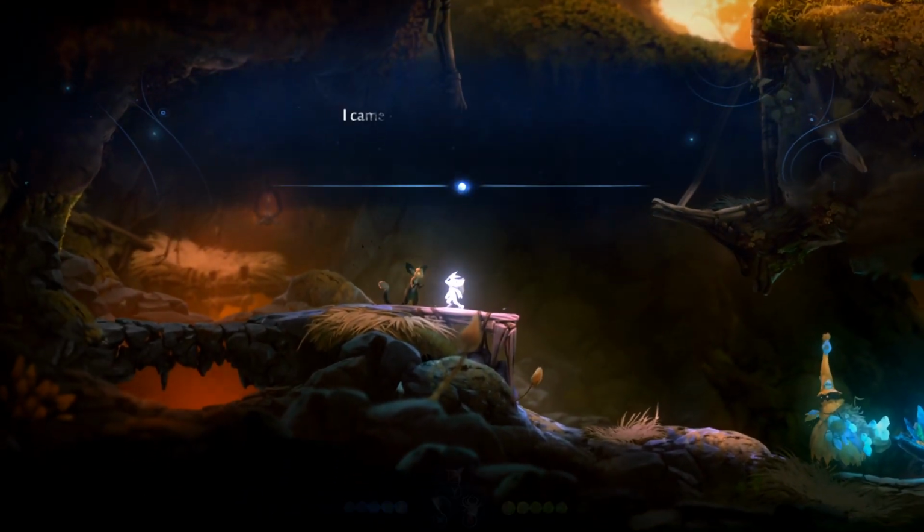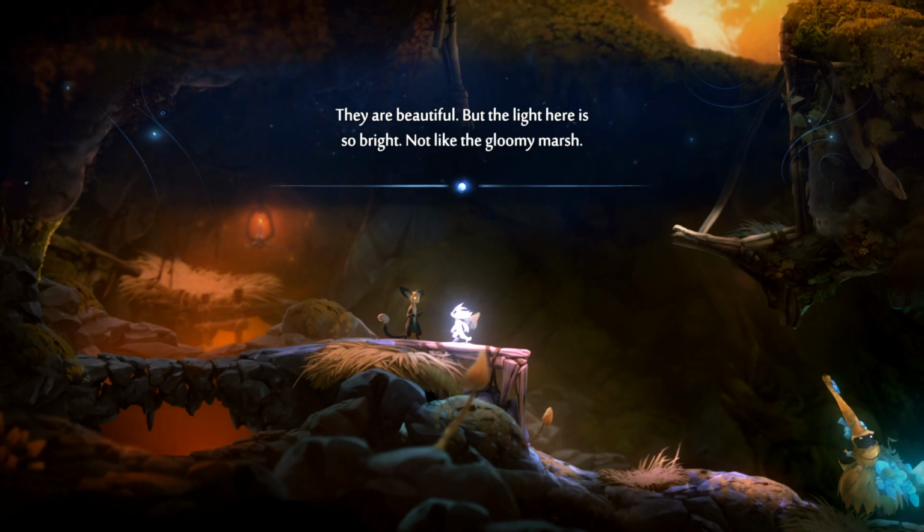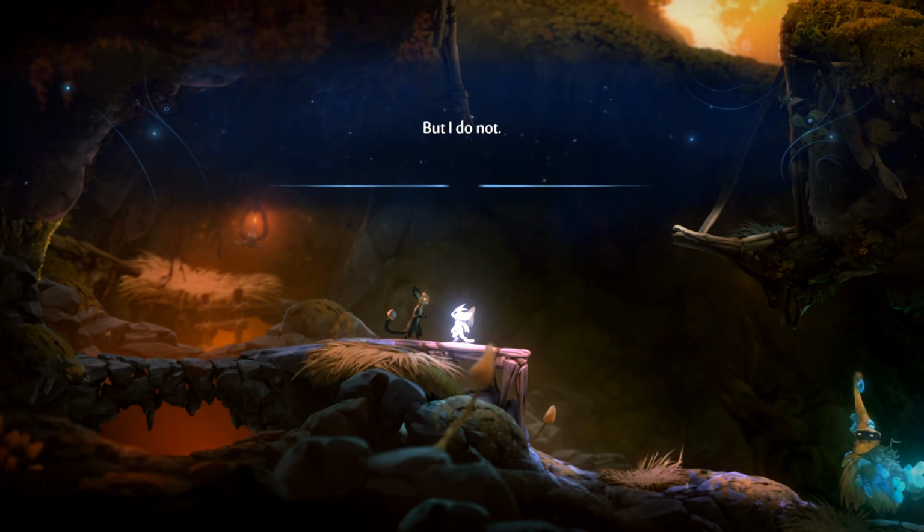I came here from the marsh because I heard the glades were beautiful. They are beautiful, but the light here is so bright. Not like the gloomy marsh. That is why I'm hiding in the shade. If I had a hat like that funny one over there...